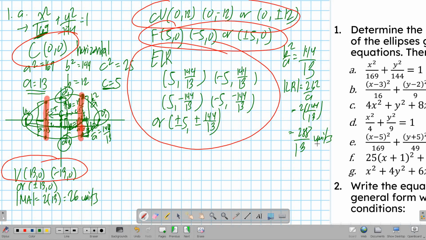units. We forgot the length of the minor axis here. The length of the minor axis would be 24 units, because it's 2 times the value of b. So lastly, if we are to sketch the graph, this will be quite